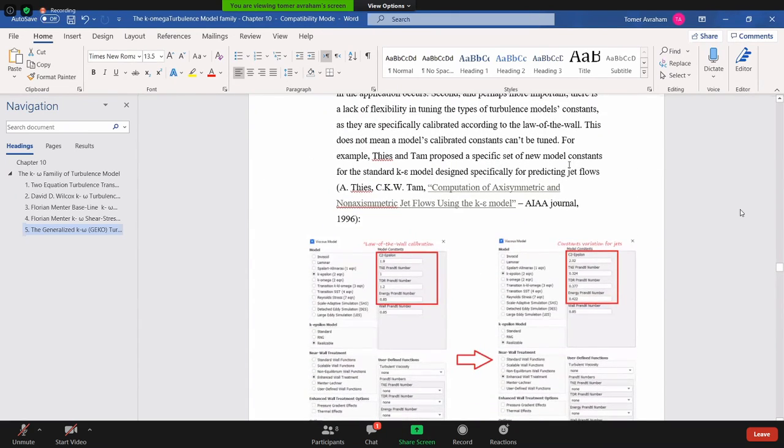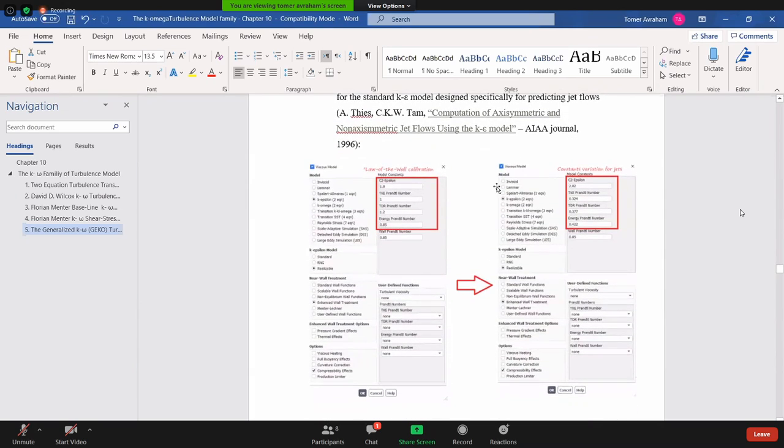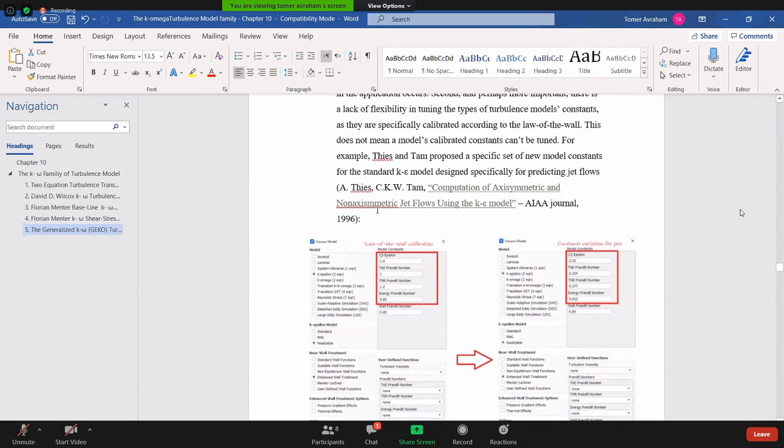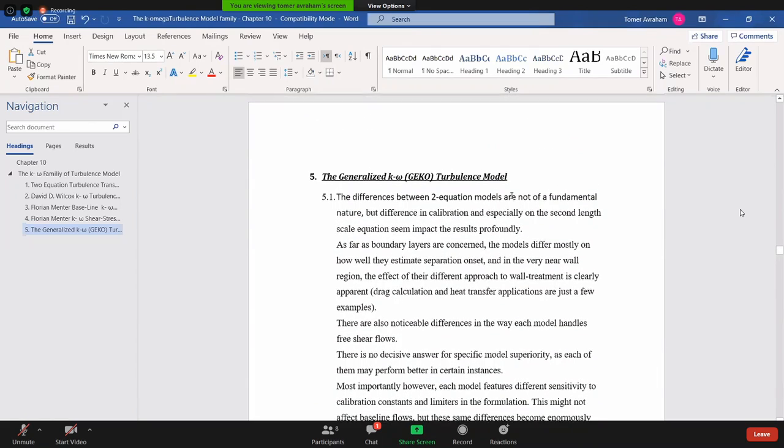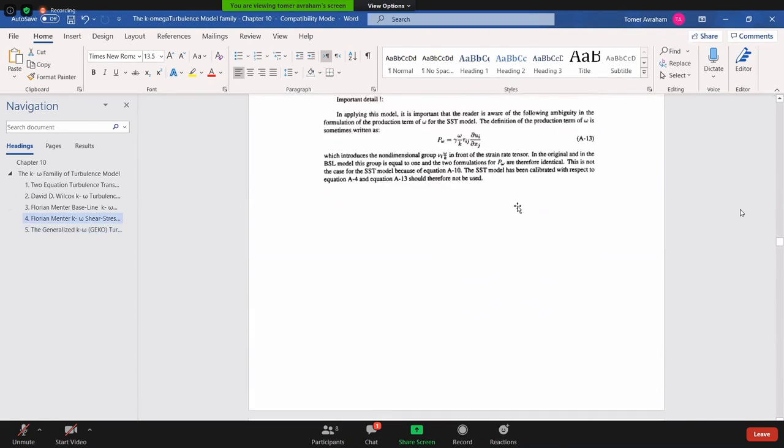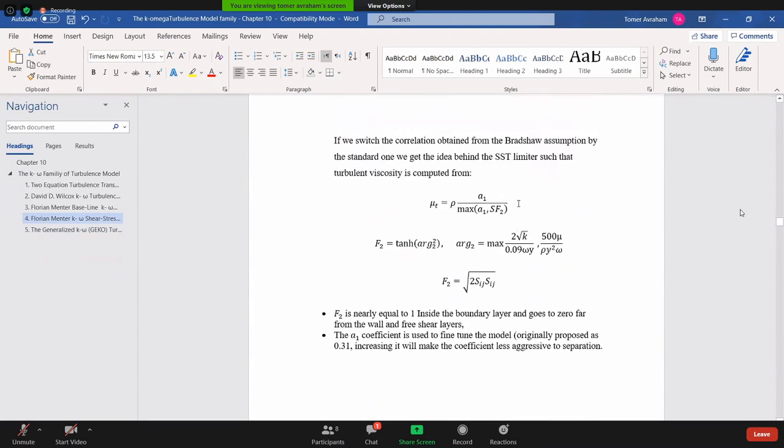Here, on the other side, it is shown that it's actually a non-axisymmetric jet flow using the k-epsilon model. Actually, it was found that for specific jet flows, the k-epsilon gives better results than the k-omega SST. Why? Because